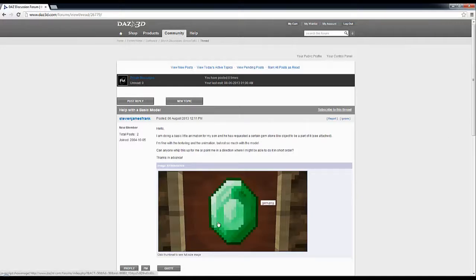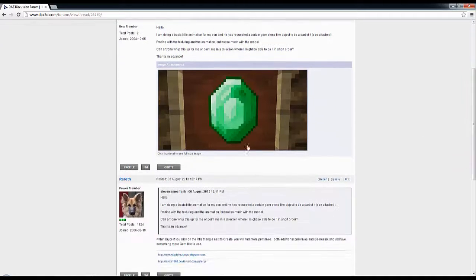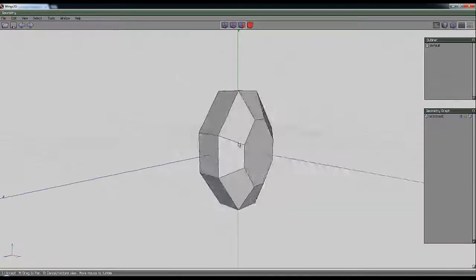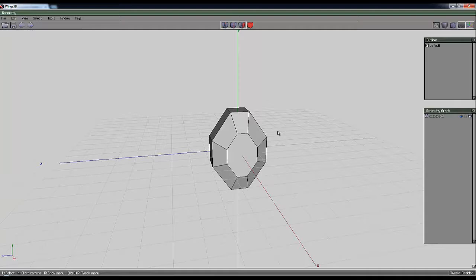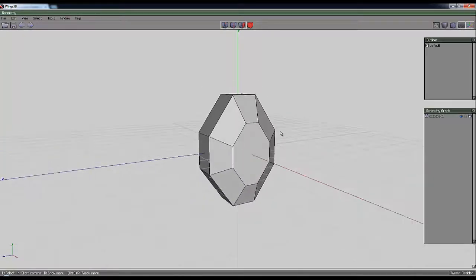It's a bit difficult to guess what's going on in these areas, but I'm just working on the basis that this middle section is an octagon matching the outside section, and that's the shape that you could make in Wings 3D relatively easily. And since Wings 3D is free and it's a nice modelling tool anyway, then if you